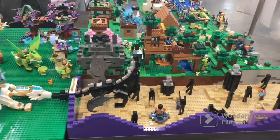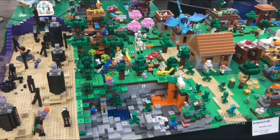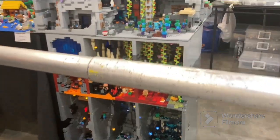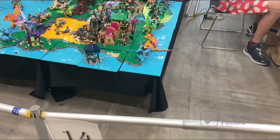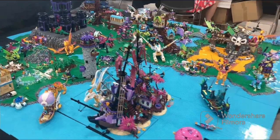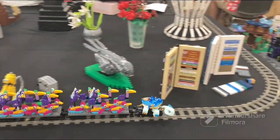And of course, then you move over into Minecraft World, which was super cool, and you'll see a big section of it coming up in a second. But there are some really interesting details gathered all around it, like the massive underground cave systems, which were really cool to see. And this massive mountain on top of the display, from ground to the table, is really cool. And there's this lowered underwater area, which is interesting to see, or at least I thought it was underwater at first,